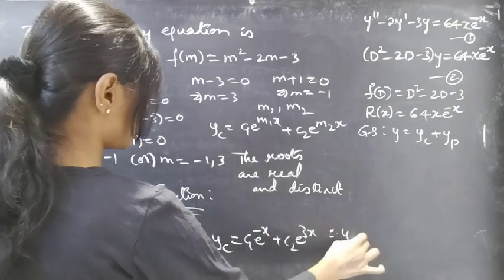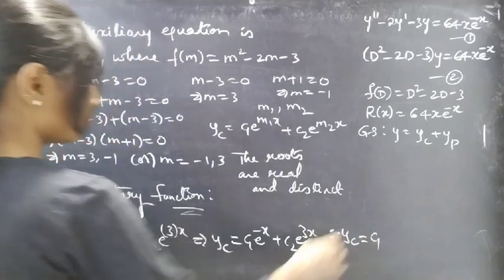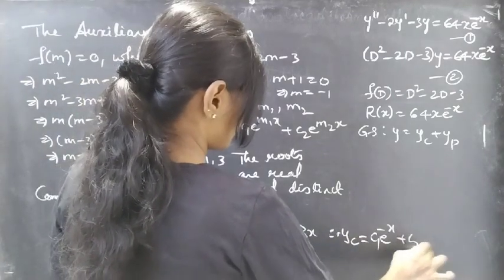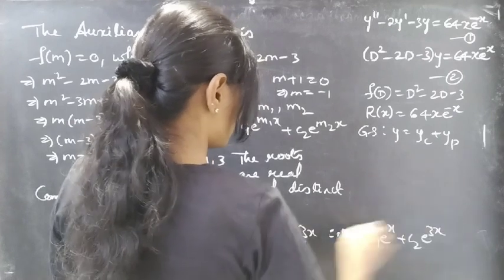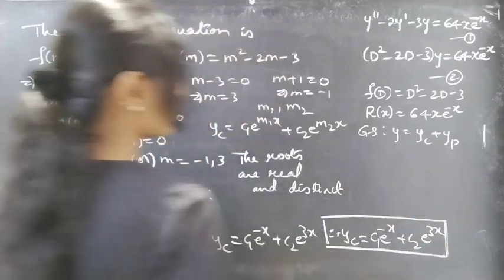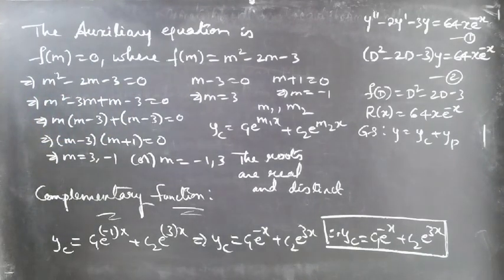Therefore, y = c1 e^(-x) + c2 e^(3x) is the complementary function to our problem. Now coming to yp,